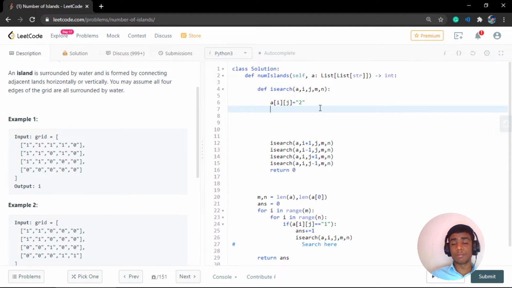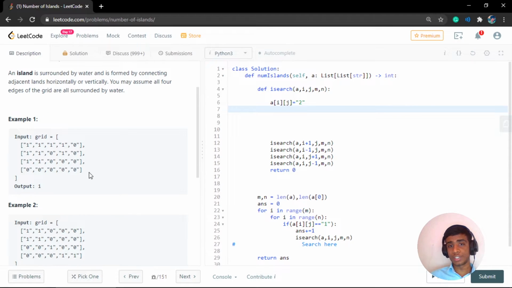But if you mark it as 0, at the end of the program, once all the program is completed, our initial grid will be filled with only zeros. In that case, we are losing the information of which is the actual island and which is the actual water. But if I replace it with 2, then all our islands will be replaced by 2. So I will have a new grid which has 2's and zeros.